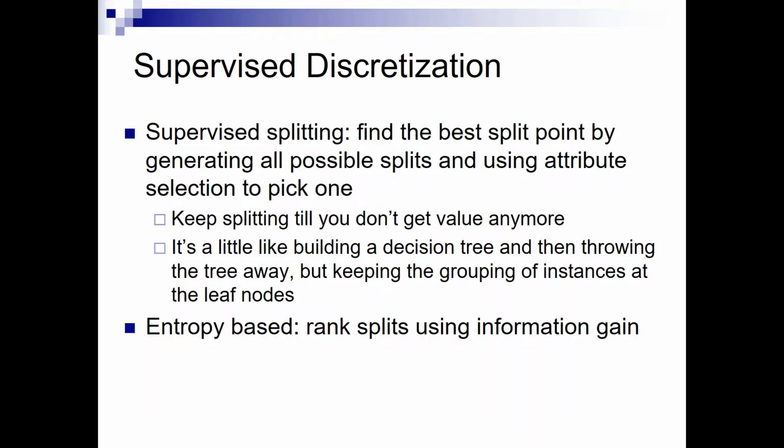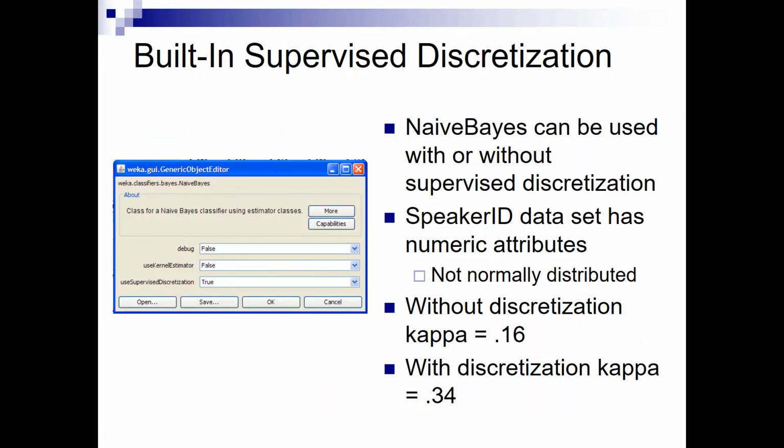Okay, so for supervised splitting, again, you can use an approach like forward selection or backwards elimination. So you can think very analogously to the feature selection approach. There are ones that are based on accuracy. There are ones that are based on information theory. There are lots of different approaches to doing this supervised method.